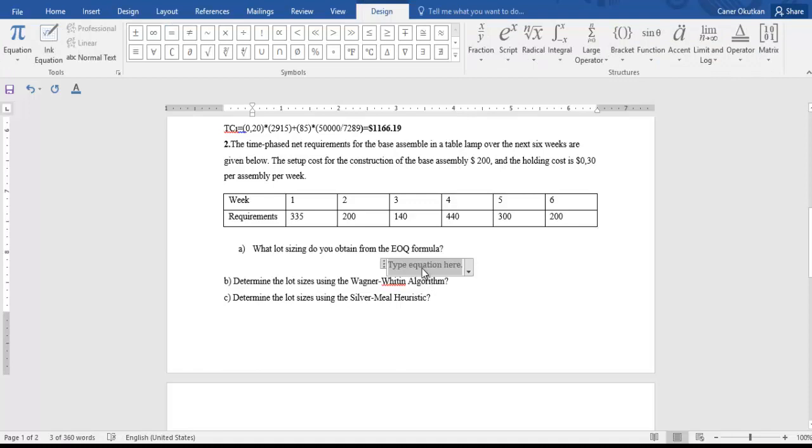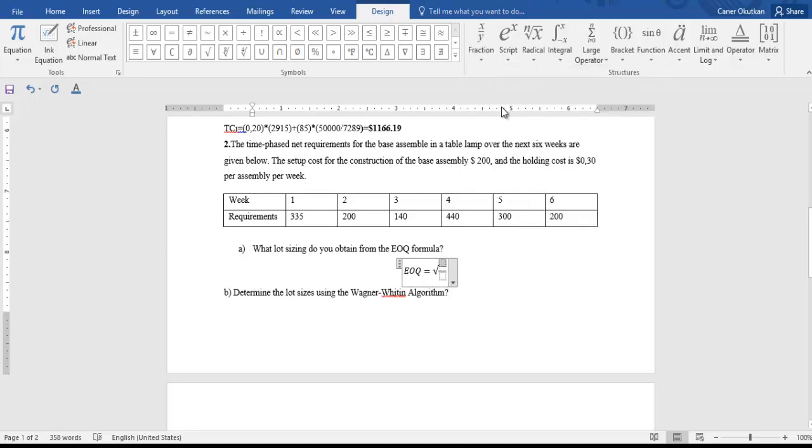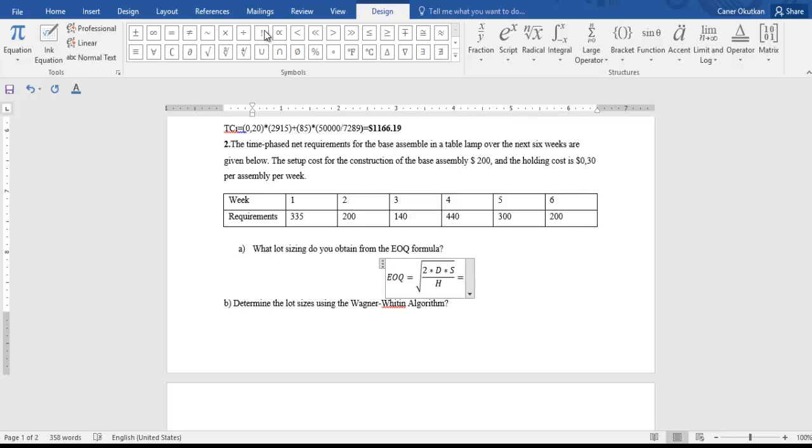Before we solve the question, the economic order quantity formula equals the square root of 2 multiplied by demand multiplied by setup cost divided by holding cost. So again, 2